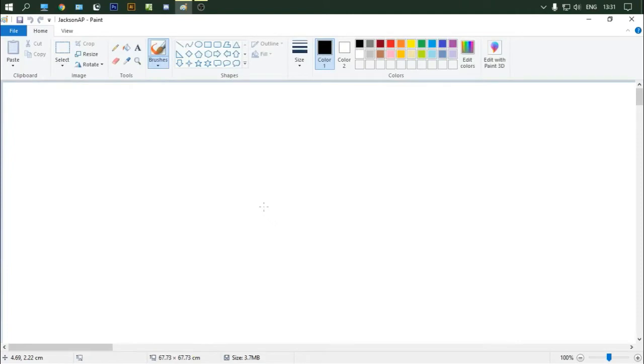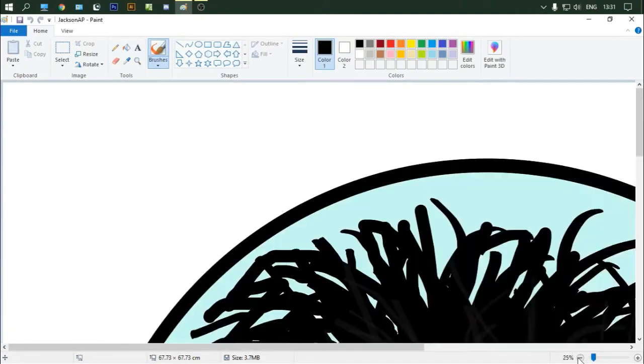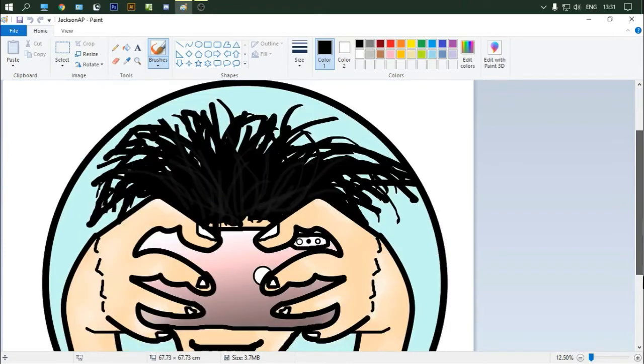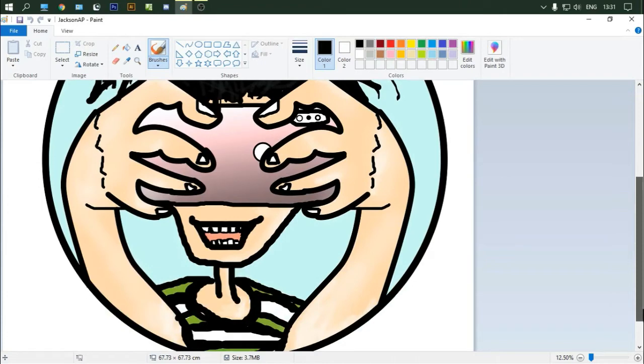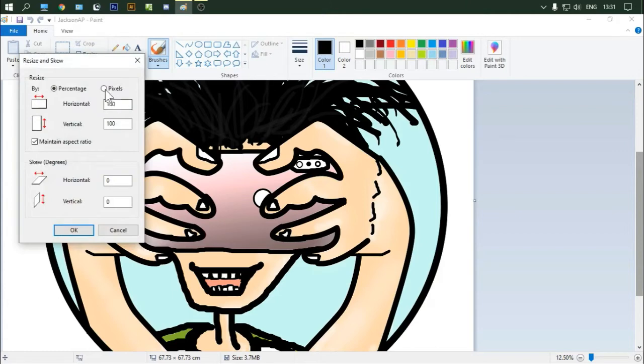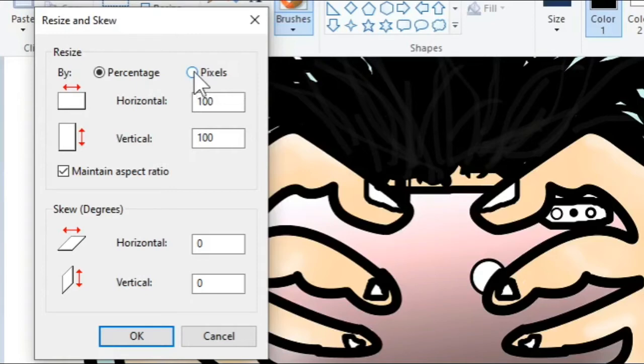This is actually a humongous image, so let's zoom out. Click on this resize button, then go to pixels, keep the maintain aspect ratio checked and